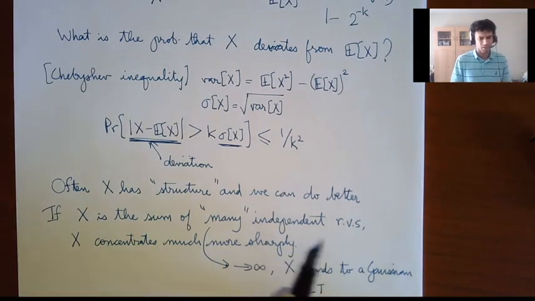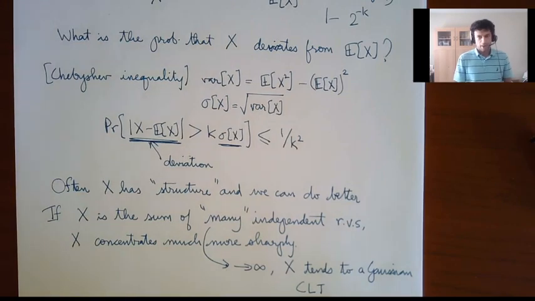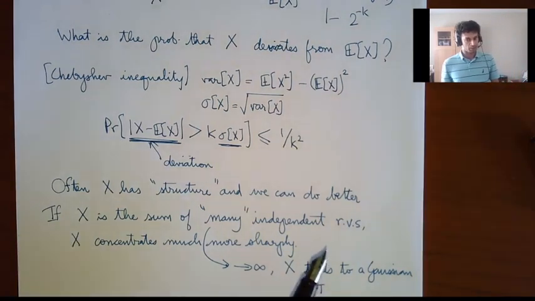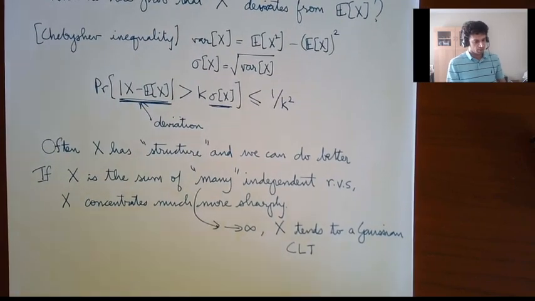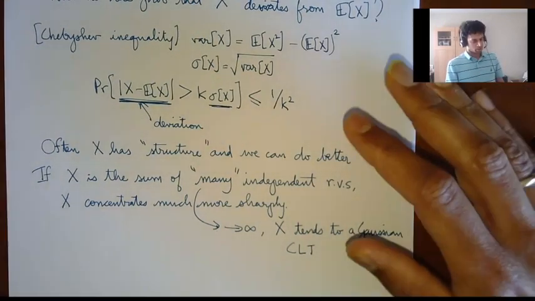Under certain conditions on these random variables, you know that if it's the sum of many independent random variables, then x is going to behave like a Gaussian. And one of the bread and butter techniques in randomized algorithms is, when you analyze an algorithm, try to discover a random variable that is expressible as the sum of many independent random variables and essentially use what are called concentration inequalities to bound it. Okay, so let's just try to understand. You have Chebyshev here. Let me tell you approximately what a Gaussian looks like.